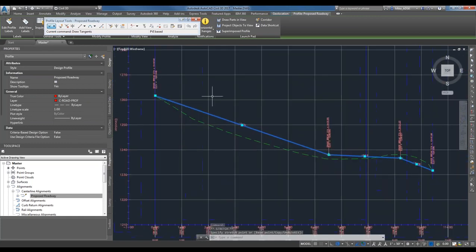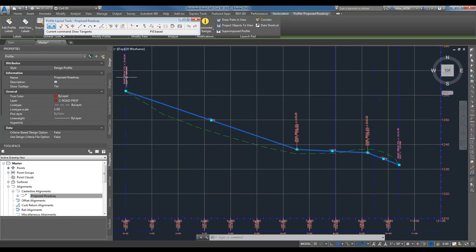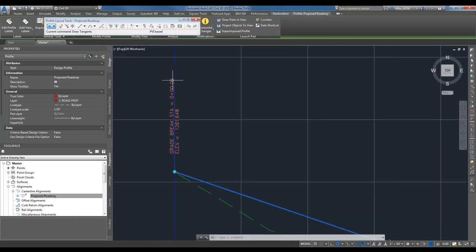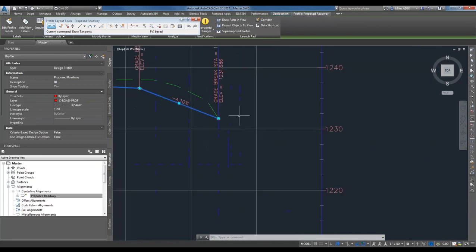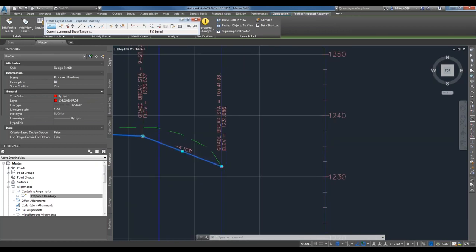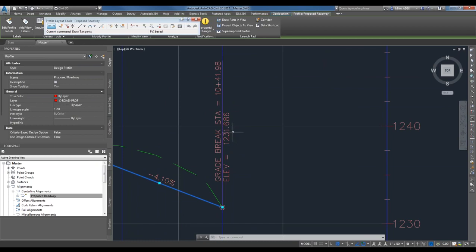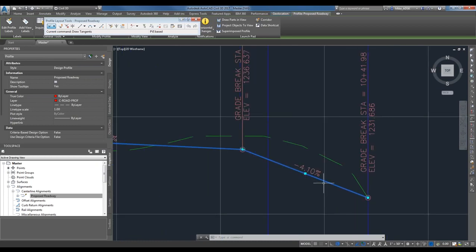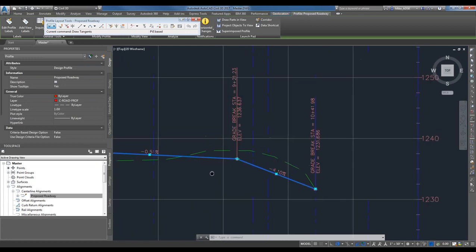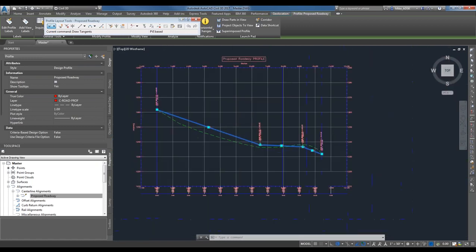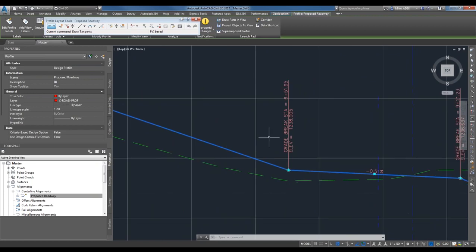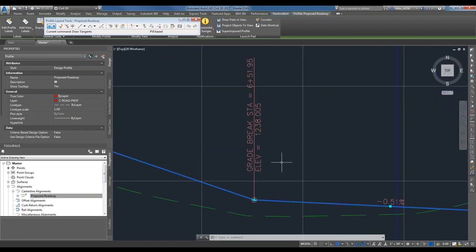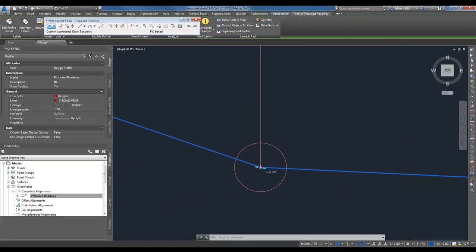So actually, this is a good thing to point out. All the labels were made, so you could actually see this was your starting grade and your station. You can see the ending grade, so you can see the elevation over here and the station. You can see all the grades, so you have your 4.1%, 0.51. Yeah, this is really downhill. So if I were to move this guy around though, so let's see, 1238, if I were to move this guy,